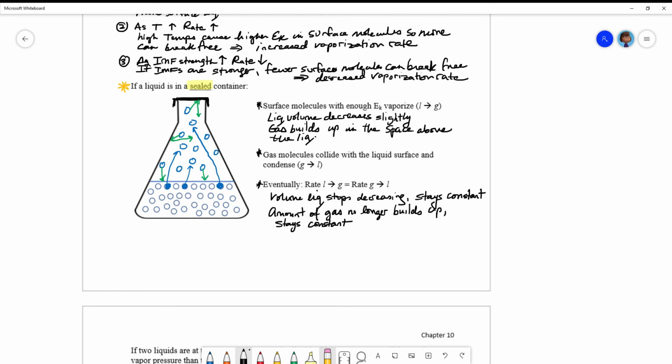Now, what do gases do? Well, gases exert pressure. And we call the pressure exerted by the gas above the liquid the vapor pressure of our liquid. That's called the liquid's vapor pressure. And we can measure it in normal pressure units such as atmospheres or torr or millimeters of mercury. Because we get this pressure under equilibrium conditions, we sometimes refer to this as the equilibrium vapor pressure. So I'm going to write that over here. So the equilibrium vapor pressure